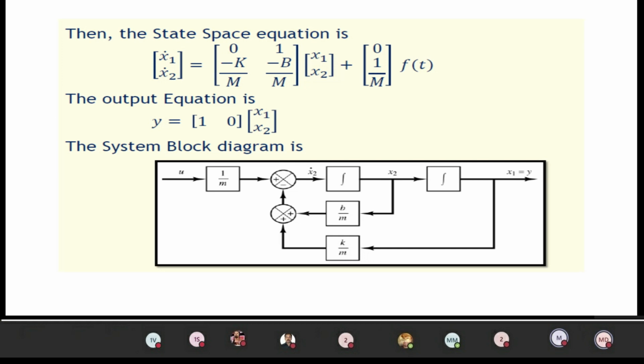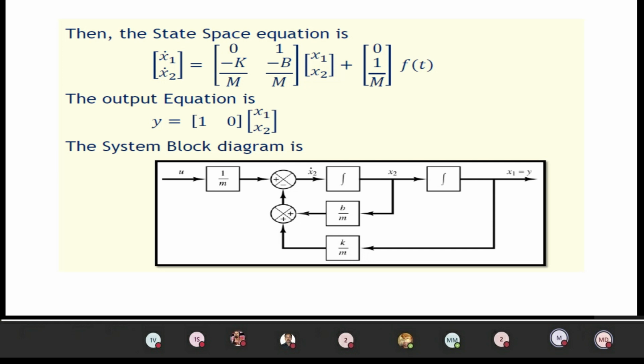The voltage drops will be the voltage across all the elements. So here the voltage across the resistor will be R into i of t, plus L into di divided by dt, plus 1 divided by C into the integral of i of t into dt. From this, we are going to assign the state variables. Already I have told, the current through the inductor will be assigned as a state variable, and the capacitor voltage as another one, x2. So now we are going to determine the two values.